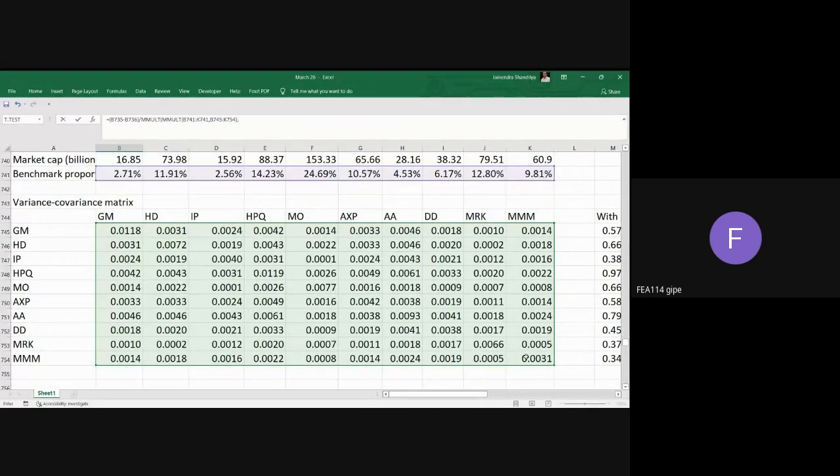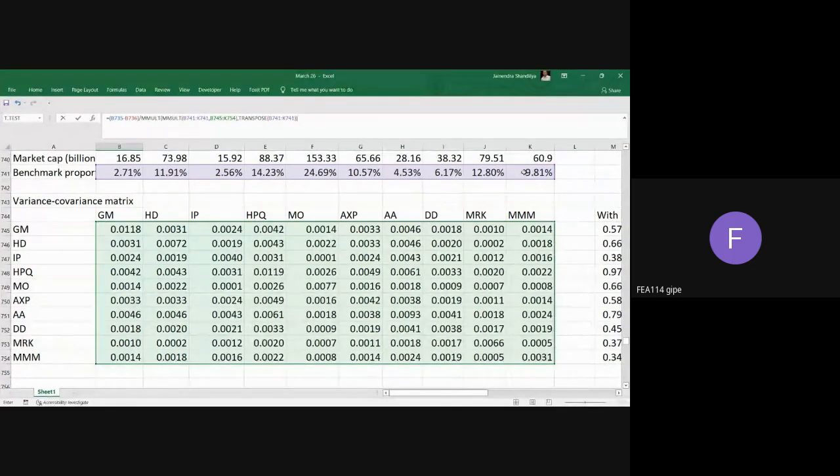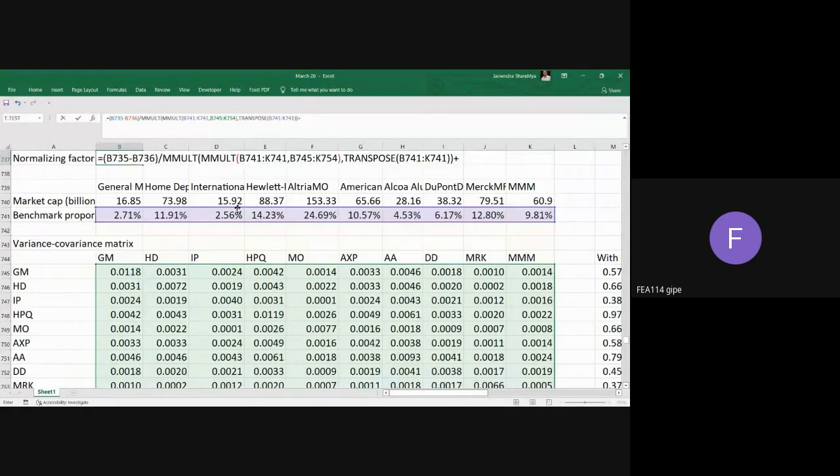Then I take the transpose of the same benchmark proportion, because I want one. Then I close this transpose and I do it once more. And then here I add the risk-free rate, which is